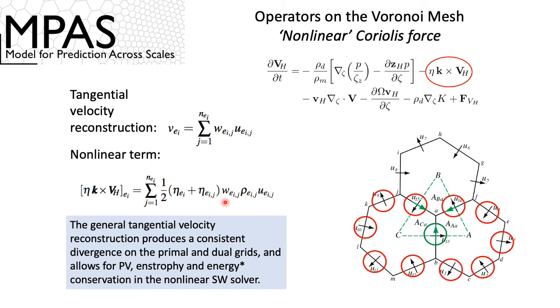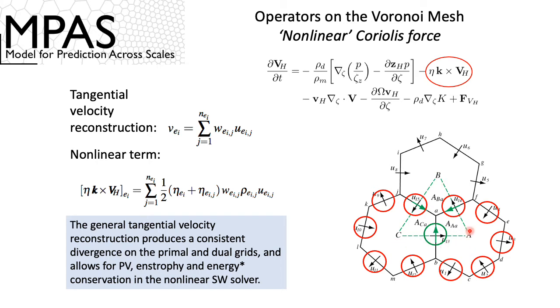We take those weights, and at each point where we would apply them, we multiply them by the density, and we multiply them by an average of the full vertical vorticities at the edge where we're doing the reconstruction and whatever edge we're using to take the velocity that's part of this summation. So it's essentially an average of the vorticities as we go along and compute the sum that's associated with our tangential velocity reconstruction. So this is a more generalized form, and what this form gives us is a consistent